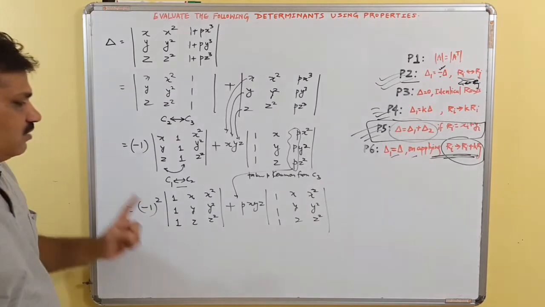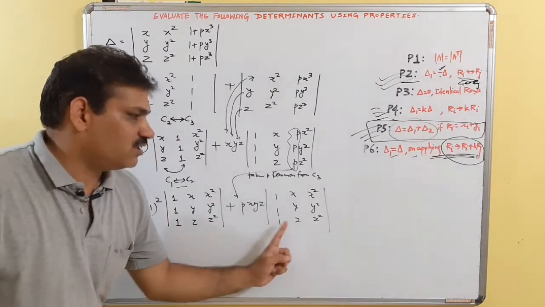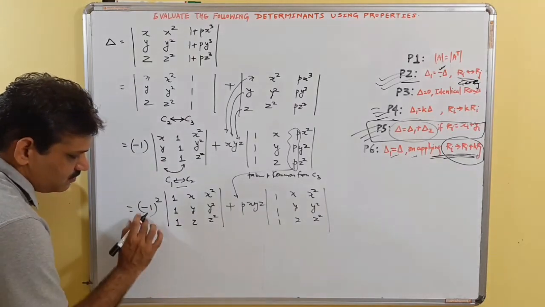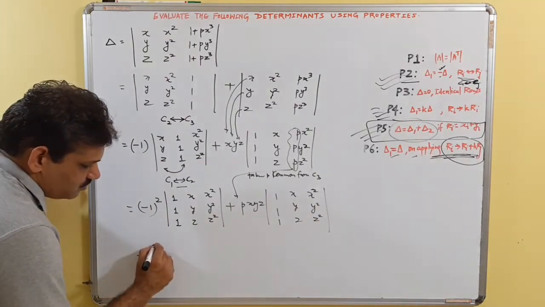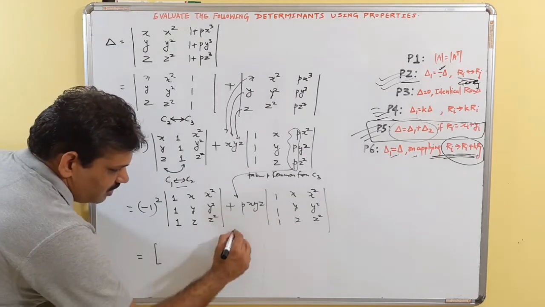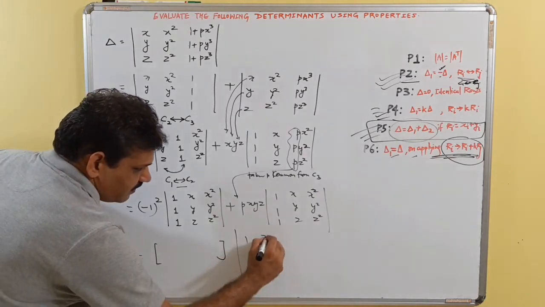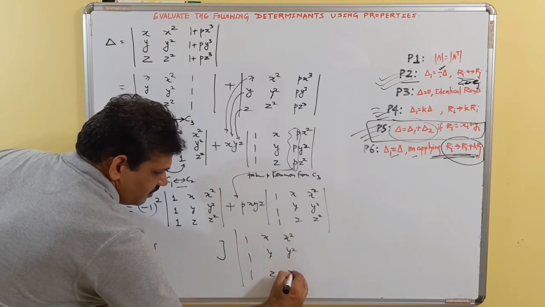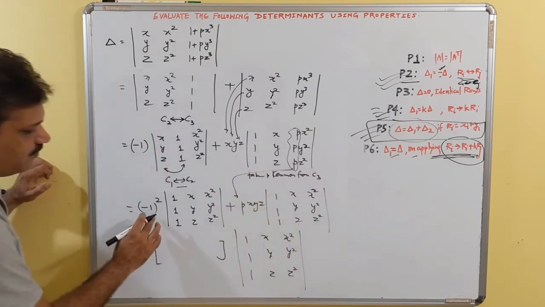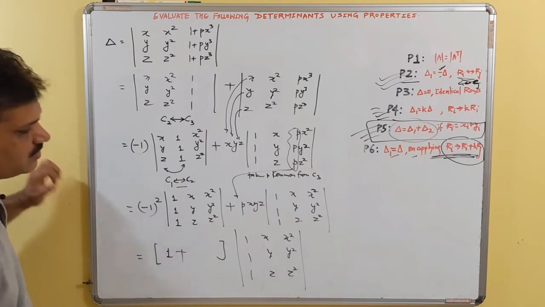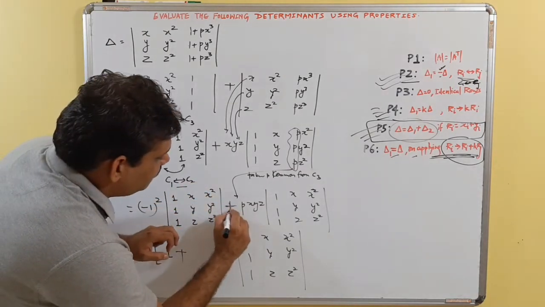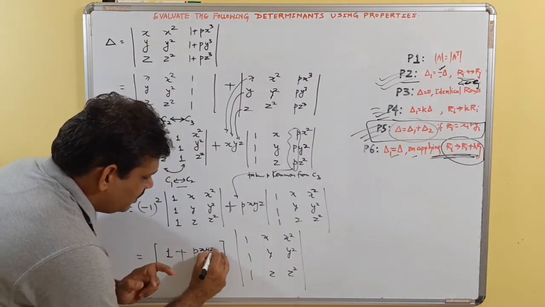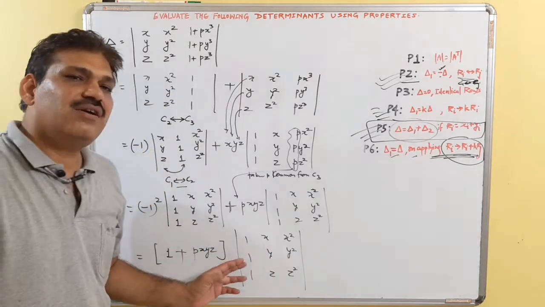And here we see that both the determinants are the same. So this minus 1 whole square is 1. So when I take this determinant common, that is 1, 1, 1, x, y, z, x square, y square, z square, what I get from here is 1 plus, this is the second term. If I take the whole determinant common, what I get is p, x, y, z. Now it is the first part of question 8.